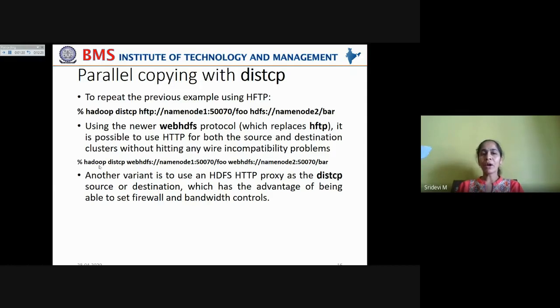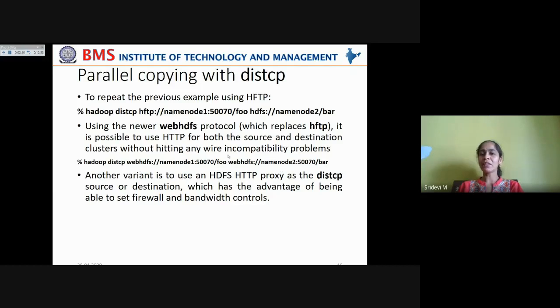Okay, so for that you are rewriting the same distcp command again: hadoop distcp. Now, instead of the HDFS URI or HFTP URI, in both the source cluster as well as the destination cluster you are using WebHDFS, copying the data from the root directory foo of name node 1 and copying it onto the destination cluster's root bar on name node 2.